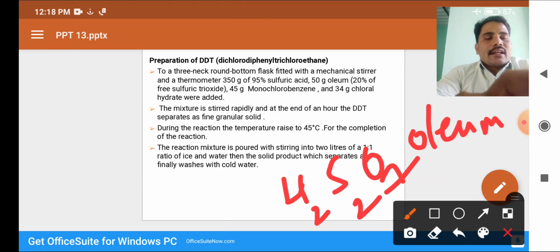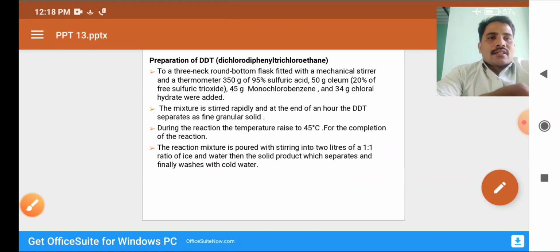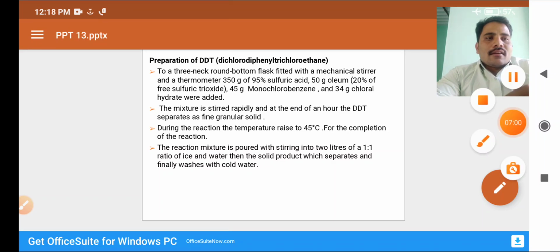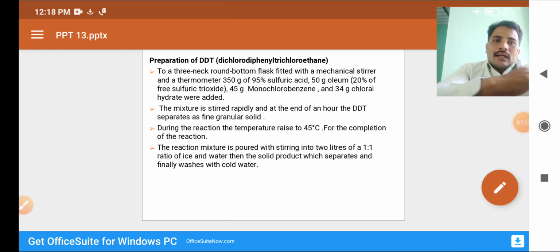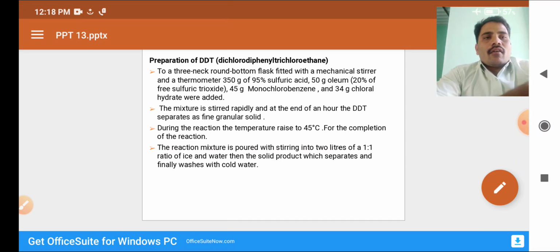Indirectly it is sulfuric acid with 20% sulfur trioxide, and 45 gram of monochlorobenzene or chlorobenzene, and 34 gram of chloral hydrate were added. The mixture is stirred completely. Whenever using the round bottom flask, the mixture can be stirred rapidly, and at the end of half an hour,